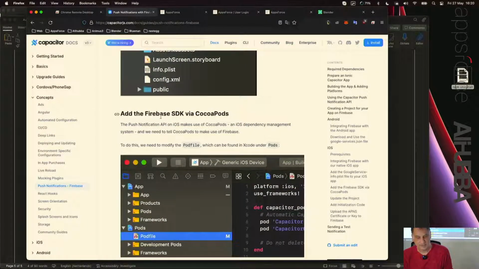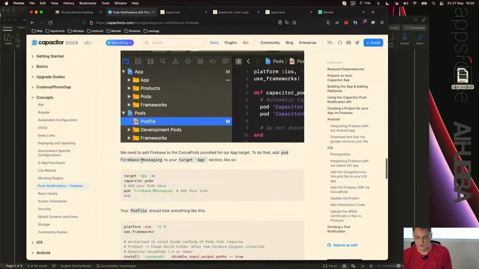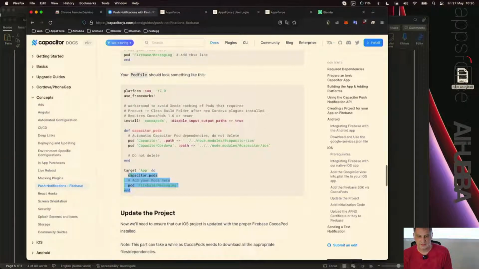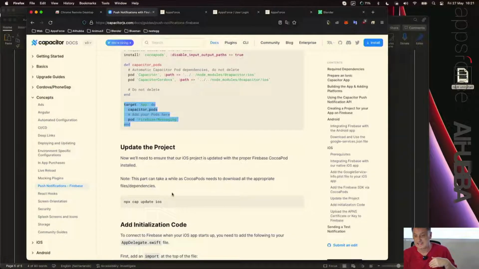it says add Firebase SDK. So this is where I was showing you a screenshot. When you file this pod file, you have to add additional things in it, okay? Make changes so it knows that this is it. So this is the code that I added, okay? So then your pod file at the end will have this, okay? I already added in my first step additional information because of that number 8, so I guess I can now